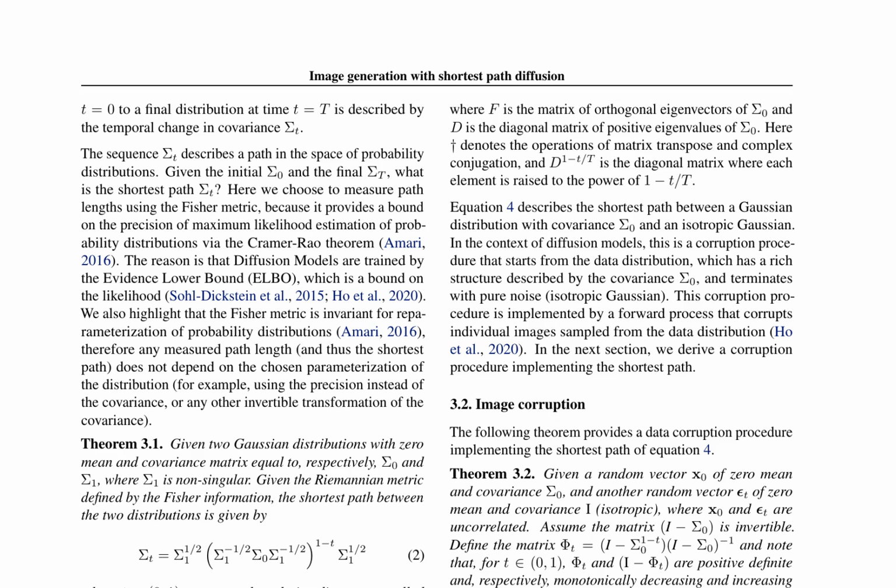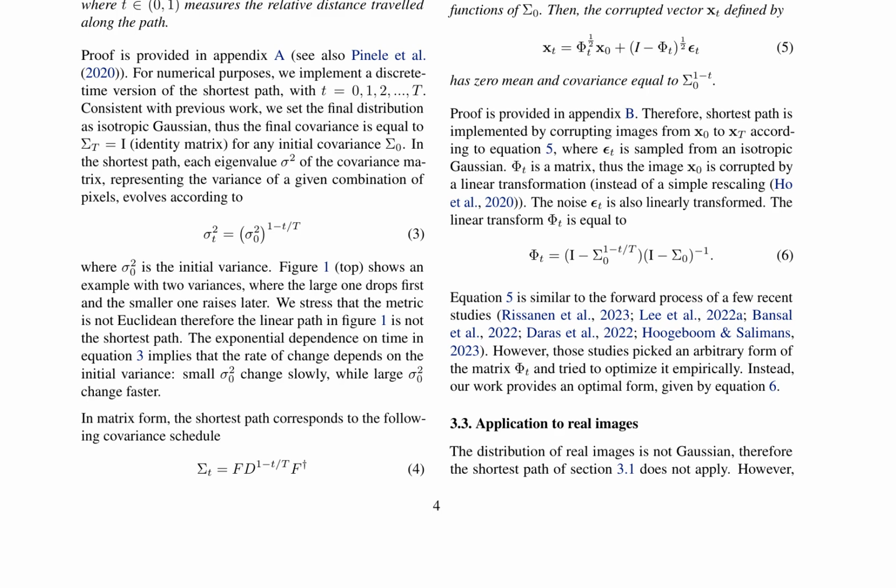The study also explores various improvements in diffusion models, including non-uniform noising procedures, orthogonal wavelets, and the application of optimal transport. The authors derive an analytical solution for the shortest path between Gaussian distributions and propose its application to non-Gaussian cases, highlighting the importance of the Fisher metric in measuring path lengths. Overall, the research contributes significantly to the field of diffusion models by providing a novel and theoretically grounded approach to